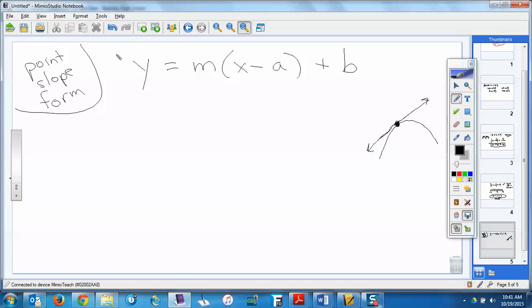Well, this is how you find the equation of any line. You need a point and you need the slope. So in those problems, somehow or another, they were giving you the slope and a point, and you should have been able to write the equation. Does anybody have one of those they want to look at, or had a question about?